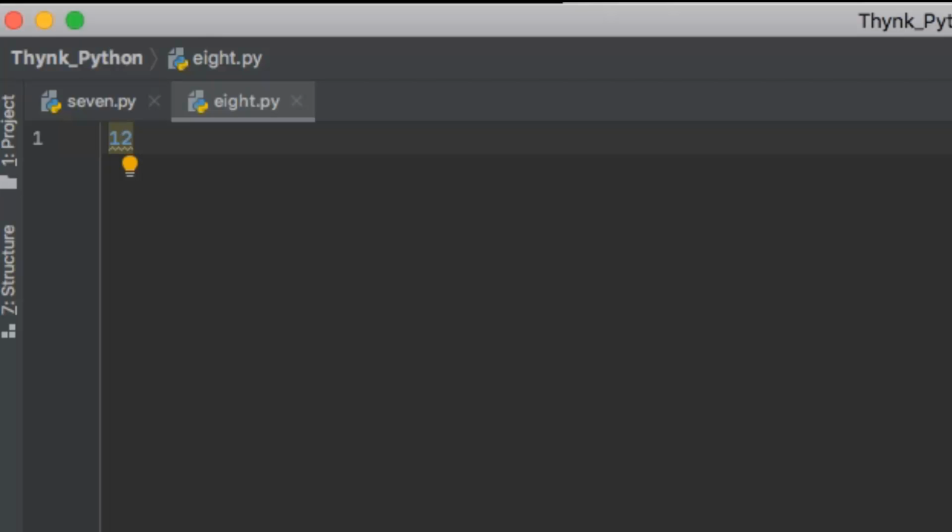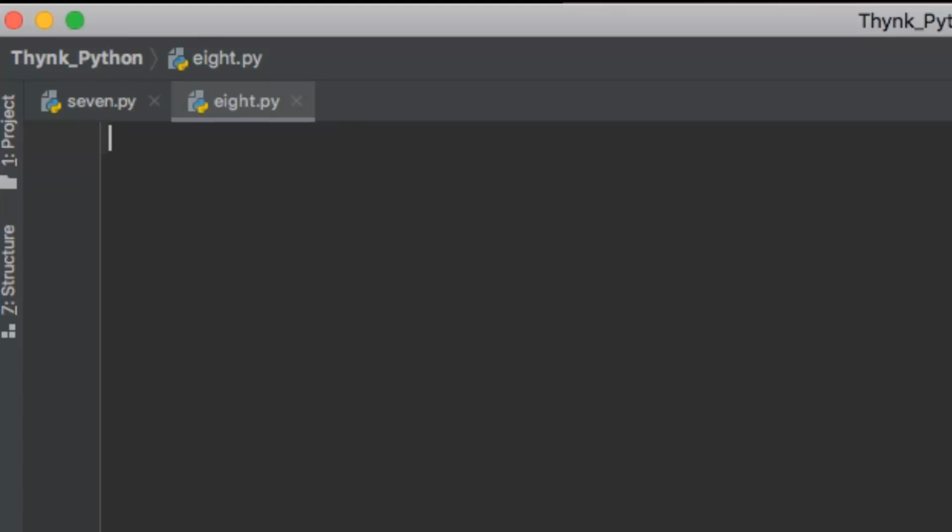This is an integer, and if I add a point and write something after it, this becomes a decimal number, also known as a float or floating point number. So 12.4567 becomes a float for us, and if I delete the numbers after the decimal along with the decimal point, this becomes a simple integer number, right?